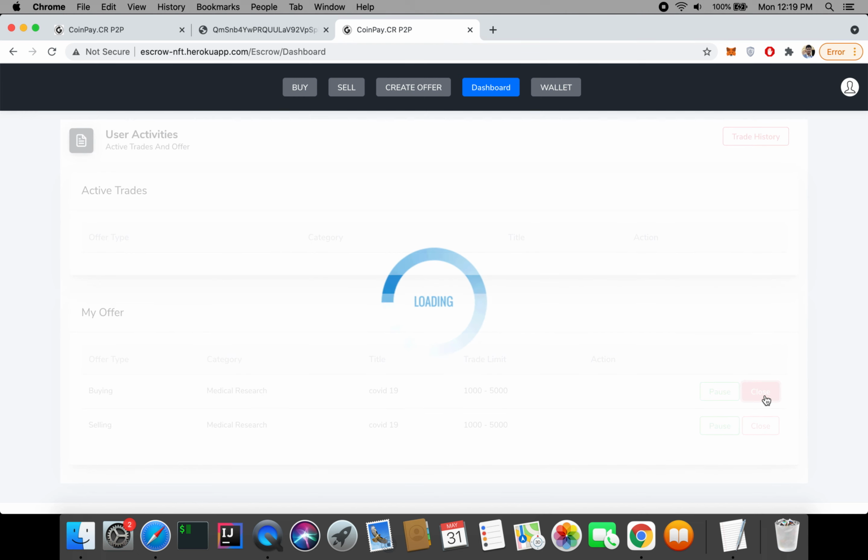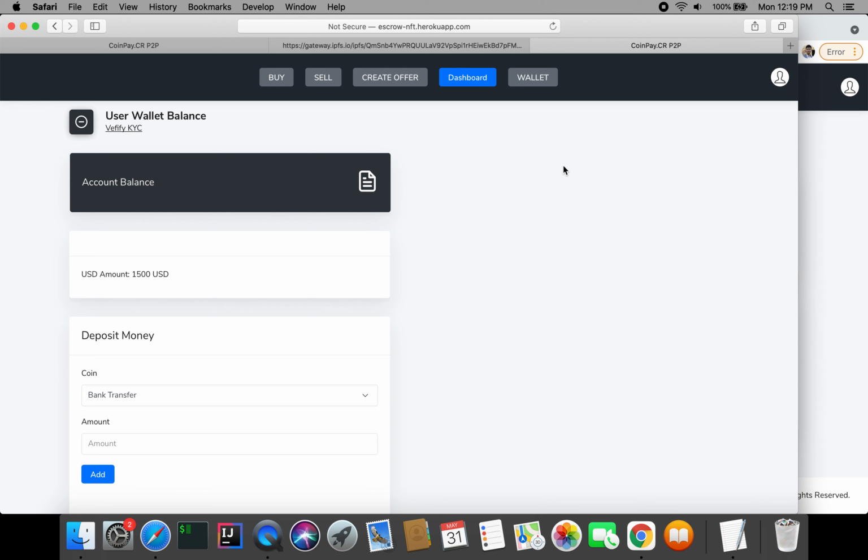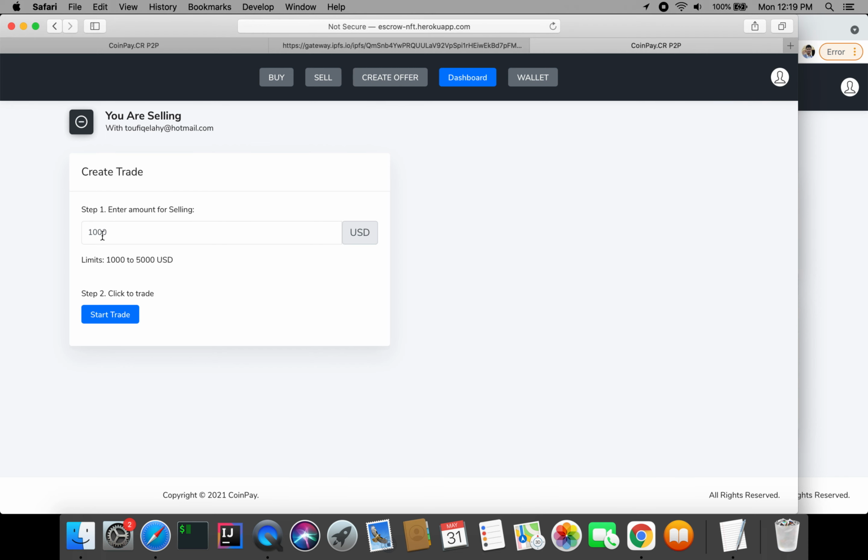Let's close this one. Just keep it open as selling. So another user wants to buy the content. Click buy. The other user will see this, like the medical research category and COVID-19 title. Okay, this is what I want, statistics of the COVID-19 cases. So I'm going to click buy, and I want to buy with 1000. Click start trade,